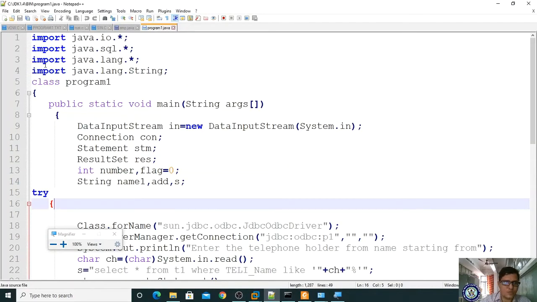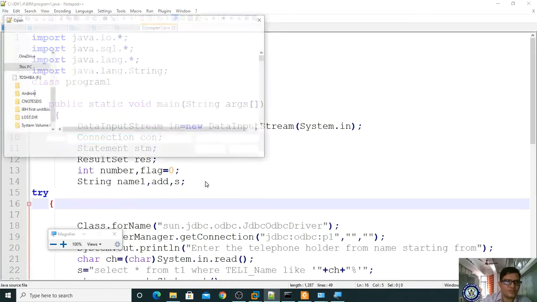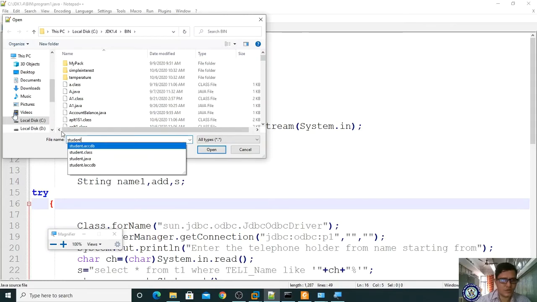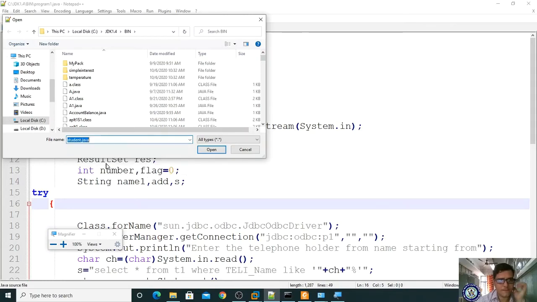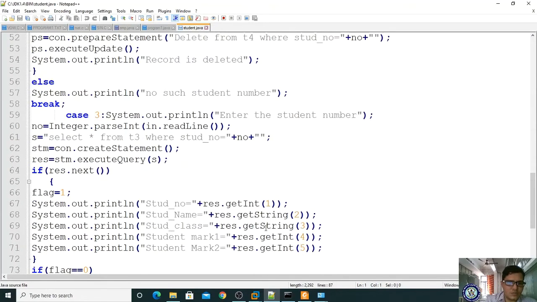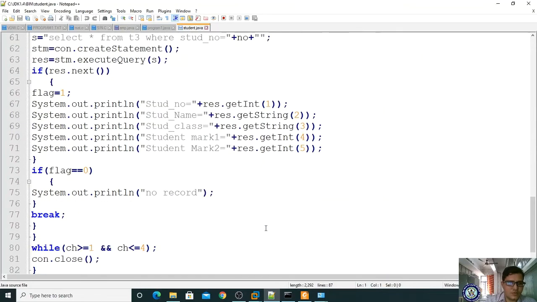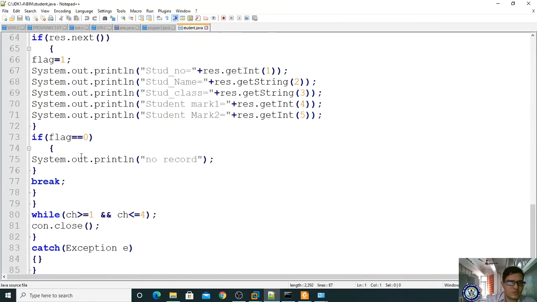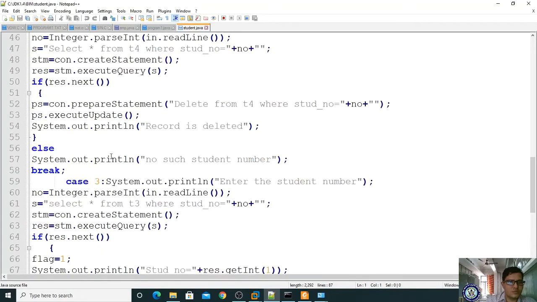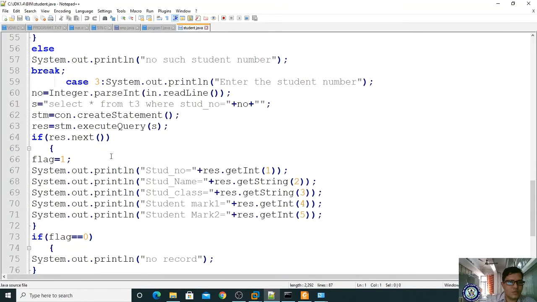So let me open our program, Student.java. Okay, here the mistake is, here it exists, if flag is equal to 0, else if.